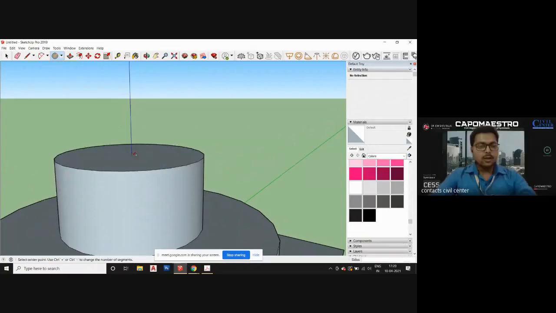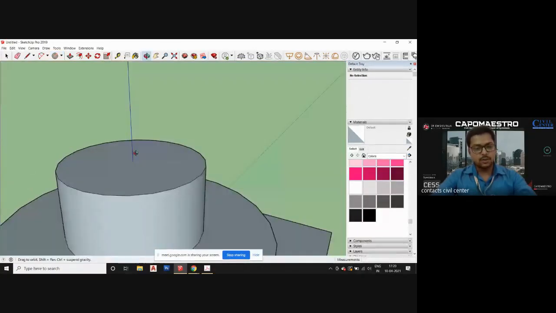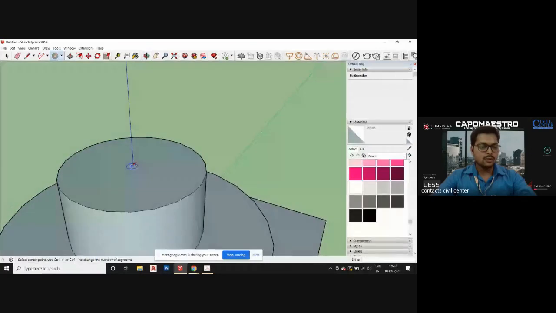There are also shortcuts for this. You can either use the tools or you can use the shortcuts. I will guide you with the shortcuts in a few minutes. For now, 2 inches or 1 inch? Let's keep it 1 inch.